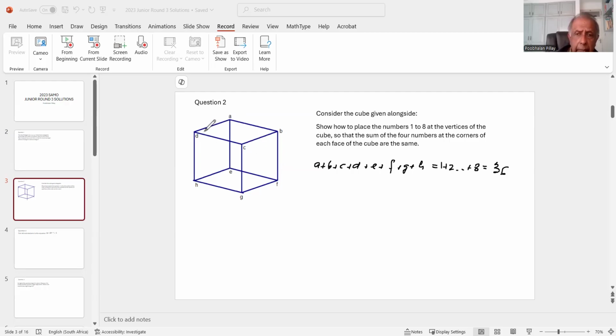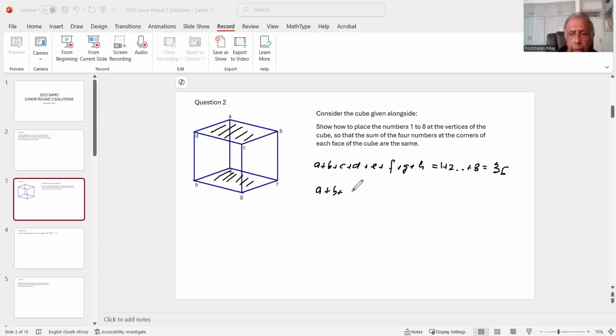But notice that the sum of the numbers at the top is the same as the sum at the bottom, because they say that the sum of the 4 numbers at the corners of each face are the same. So these 4 numbers add up to the same as the others, and the whole lot of them add up to 36. So we can conclude that A plus B